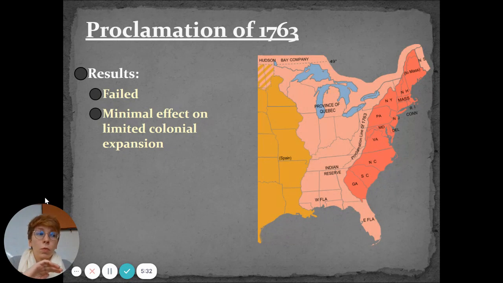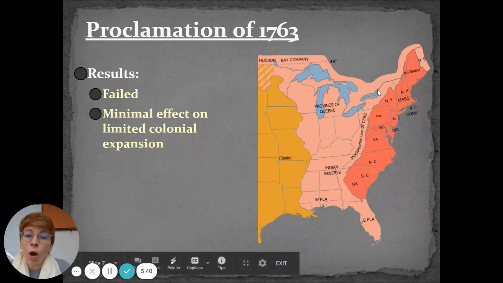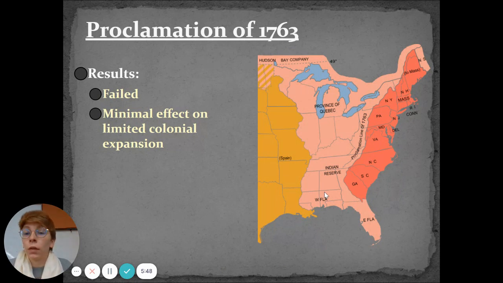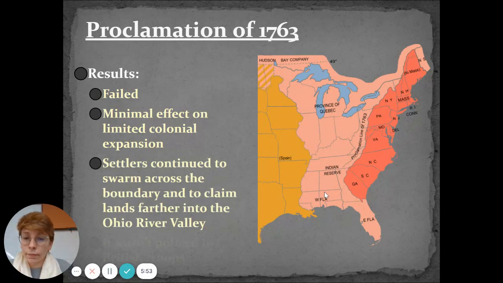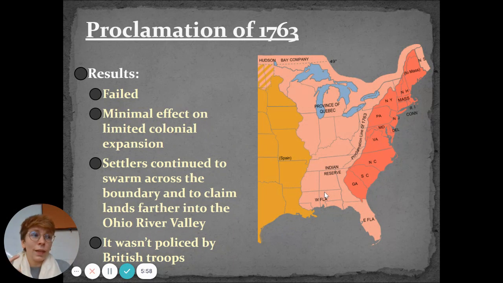So the colonists continued to expand into areas of Ohio, Michigan, Indiana, all of these areas over here, and began an era of kind of conflict and friction between Native American tribes and the colonists. And the reality was, it's like a rule that was given, but never able to follow up. There weren't enough British troops to stop them, so they did it anyways.